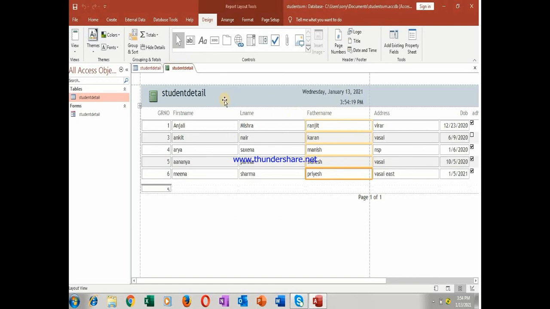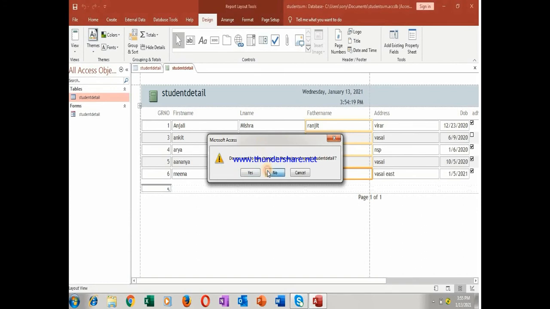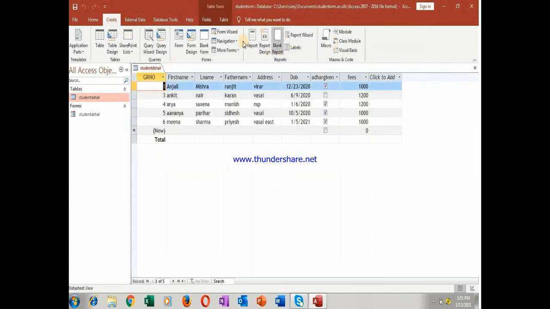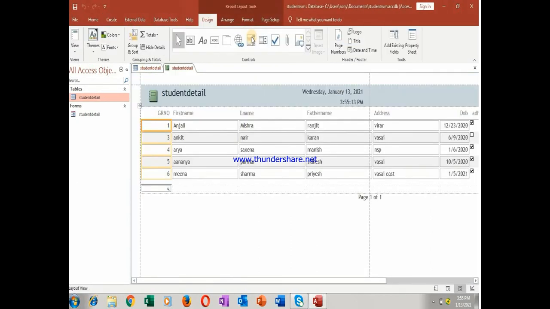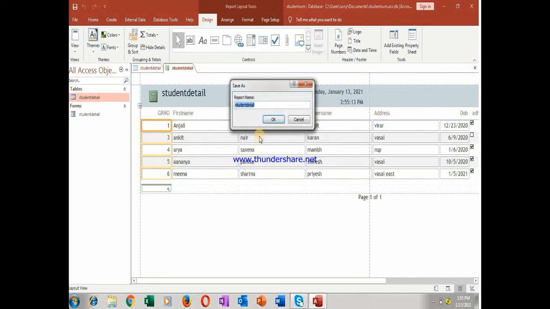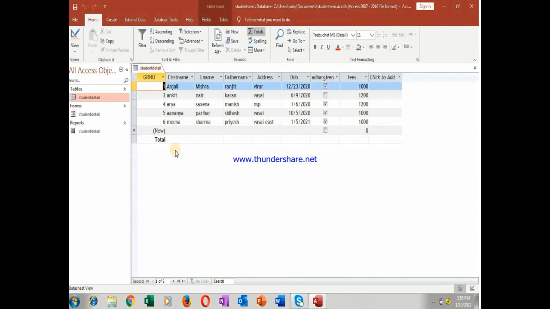Okay, so now you understand how to create a report and how to create forms. Again I am showing you how to create a report. If you close it, no, just press no, and to create a report, go to the create button, go to this report button, click on this report, and the report is created. So this is the way, and you can save it by pressing this close button. See, while you close, it asks if you want to save, yes. So student detail report. See, now this report can be seen, forms can be seen, and table.